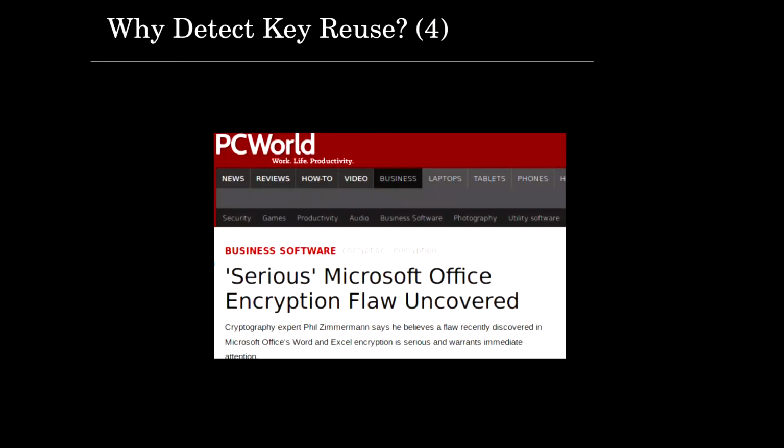And this is our last example. Lest you think that only malware authors and shady characters commit key reuse, Microsoft committed it in the 2003 version of Office in their document encryption function. Basically, every time you saved the file, you modified the file, and you saved it again, it was encrypted again with the same key. The key was bound to a file, it was a single key every time,